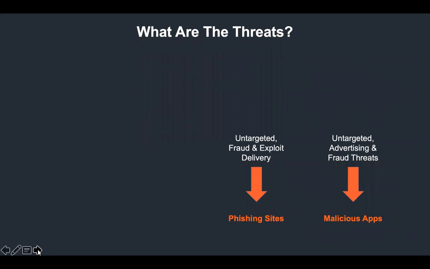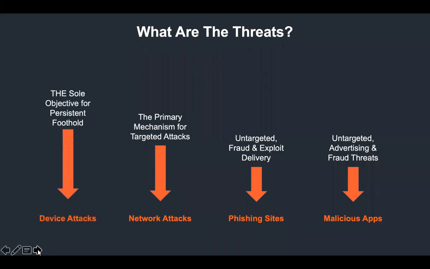But these first two are untargeted, and if nothing else, the bad guys are very good at what they do, and they have a very efficient business model. If they're going to target XYZ law firm, XYZ consulting firm, XYZ bank, XYZ whatever that we're going through, utility here in a minute, what they're going to do is start with a network attack, because they can put up a fake network and sit right across from the offices of any of those companies, and wait until they find somebody that actually works at those companies and then exploit the device and